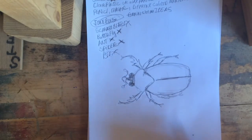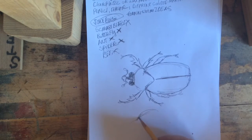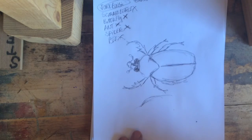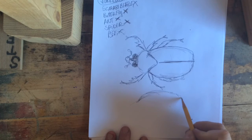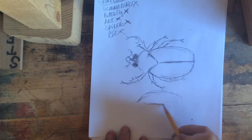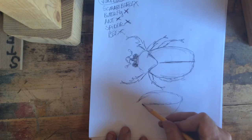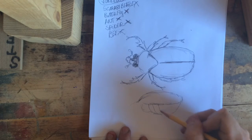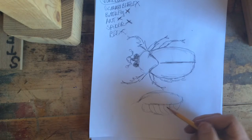I'd probably do a side view as well, just so that I could get more of an idea of what I'm eventually going to need to make out of cardboard. So I'm thinking a side view comes this way, and his wings come back like that, and then he's got this abdomen underneath like this. It's separated into sections,